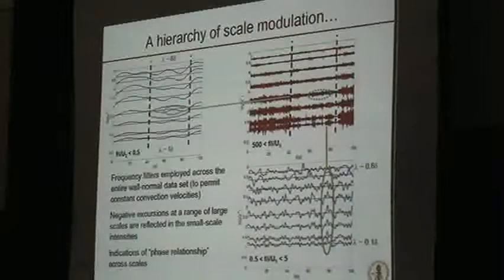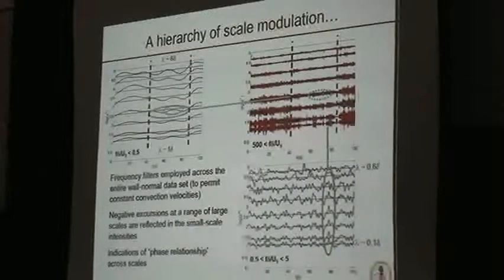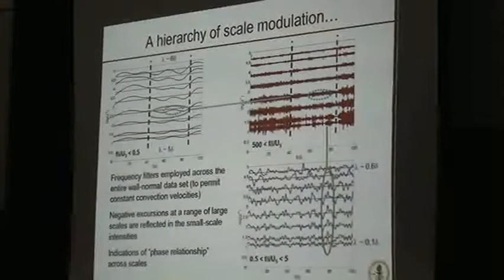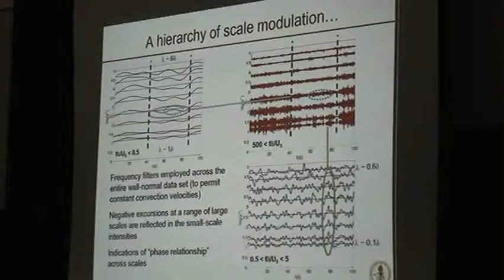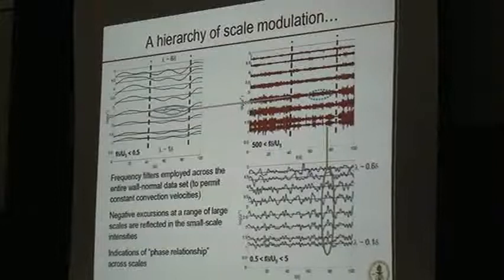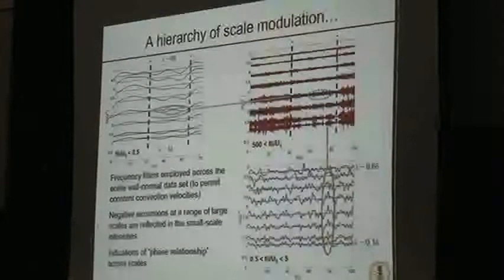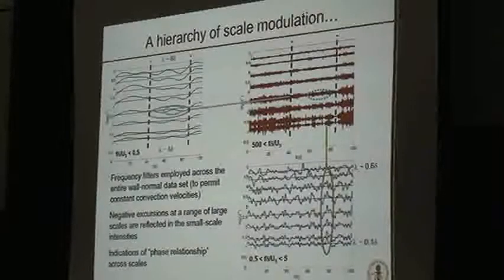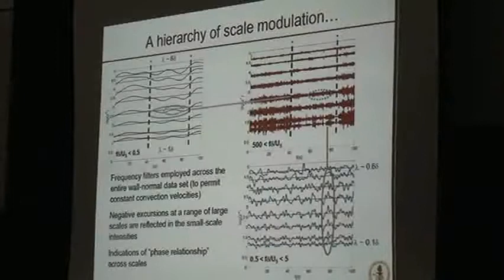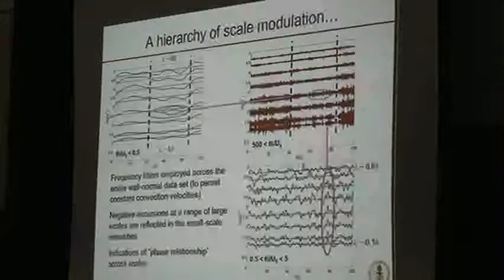This actually shows you pictorially the kind of thing that was shown in the previous slide. So if I take the data records from these 8 heights from the synchronously acquired data, and I plot a low pass signal, a high pass signal, and then a band pass in the middle, you see some interesting things. So I've showed you this modulation effect. So this was the exact signal I showed you on that earlier slide. So high small scale activity during a large scale positive excursion,